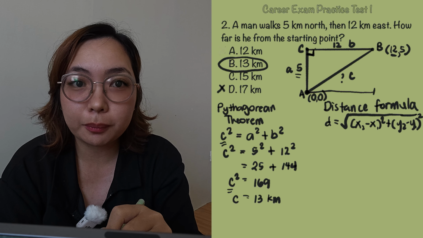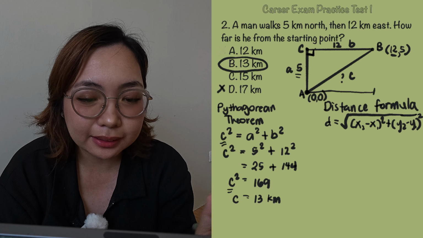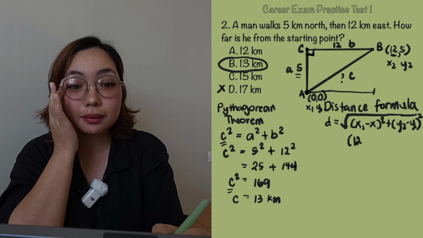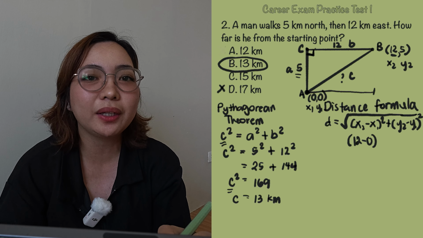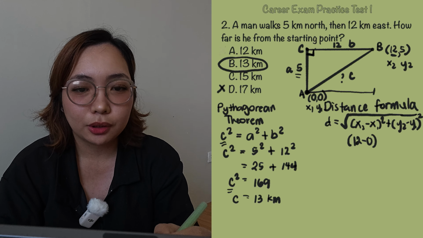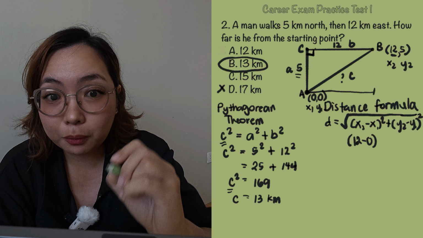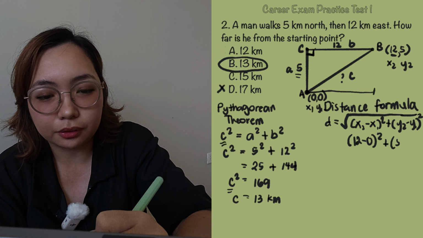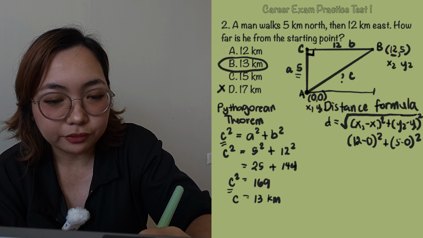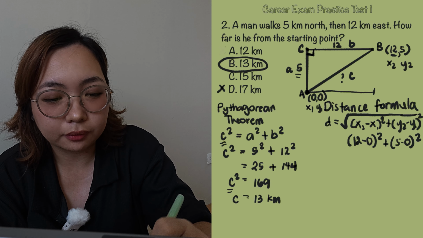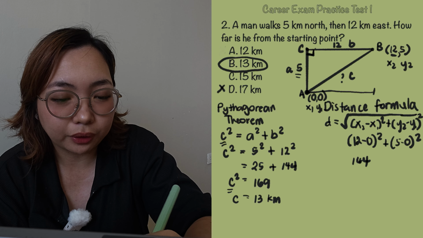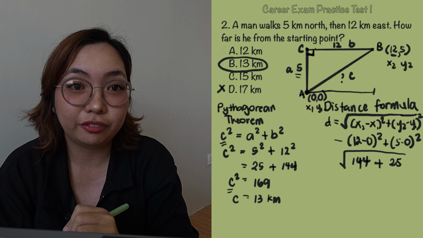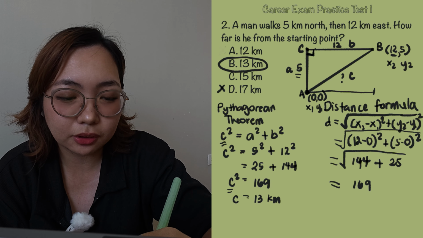If we have this distance formula, we just get the difference of the two x values, that's 12 and 0. 12 minus 0 or 0 minus 12, it doesn't matter kasi when we square them or when we square their difference, magiging positive din naman. So, let's say 12 minus 0. So, ang importante lang, hindi ma-interchange yung x and y. And the y coordinates are 5 and 0. So, 5 minus 0. We have 12 squared plus 5 squared. 12 squared is 144. 5 squared is 25. Square root of 144 plus 25 is 169. So, we get the same